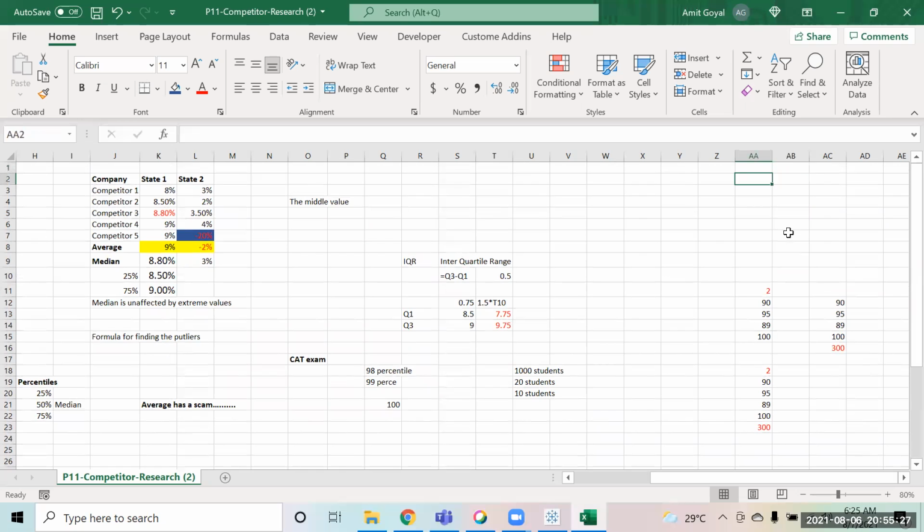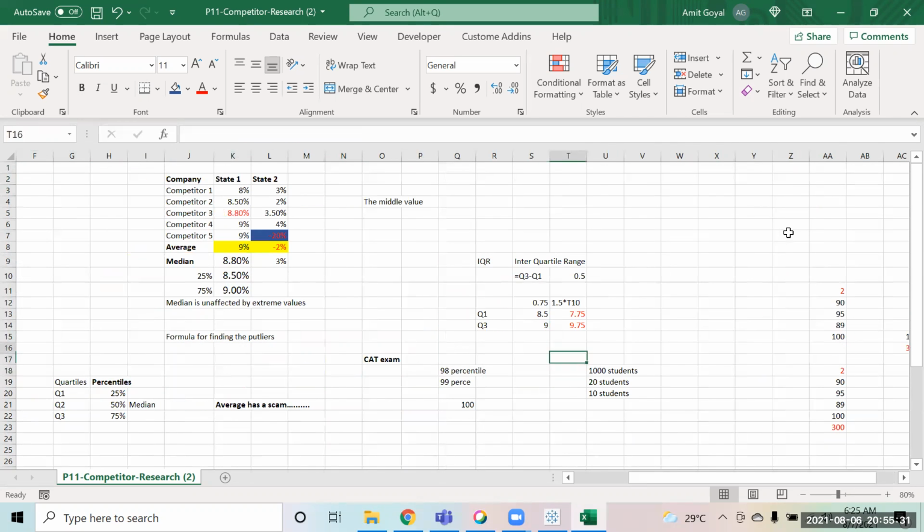So for that, we have proper statistical formulas that are defined. First of all, we find the interquartile range, then we multiply that by 1.5. Then we find Q1 and Q3. Q1 is the lower quartile, Q3 is the higher quartile. From quartile 1, we subtract this number. To the higher quartile, we add this number.